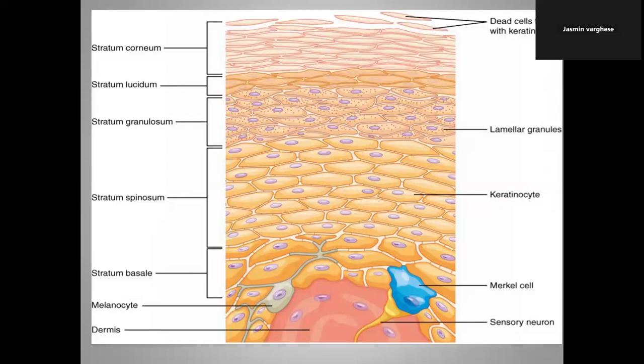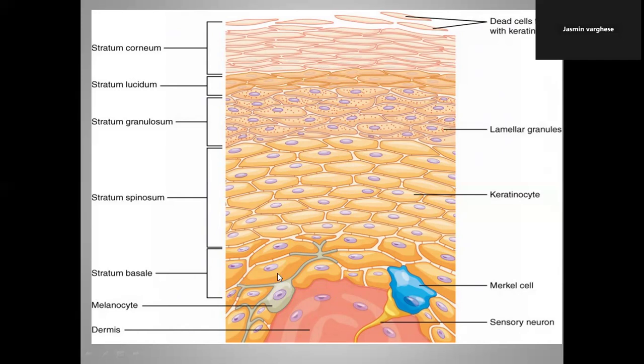Again, you can see a picture. In this picture, clearly you can see the stratum corneum; every 4 weeks, desquamation will take place. That means dead cells will shed. Then stratum lucidum, you can see in this image. Then after that the stratum granulosum, then stratum spinosum, stratum basale, the basement membrane, and in stratum basale only